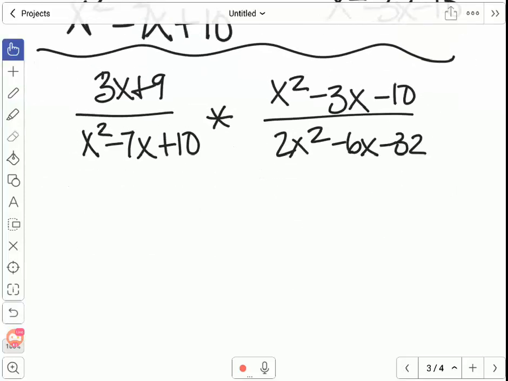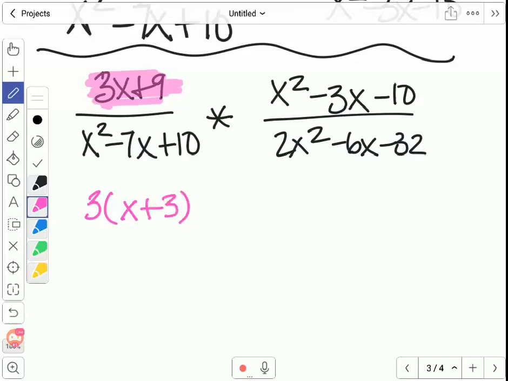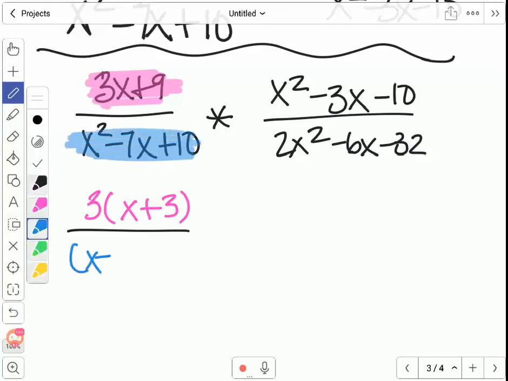And then I'm going to factor. So we start with 3x plus 9. I can factor to 3, and I'm left with x plus 3 over x squared minus 7x plus 10. That factors into x minus 2 times x minus 5